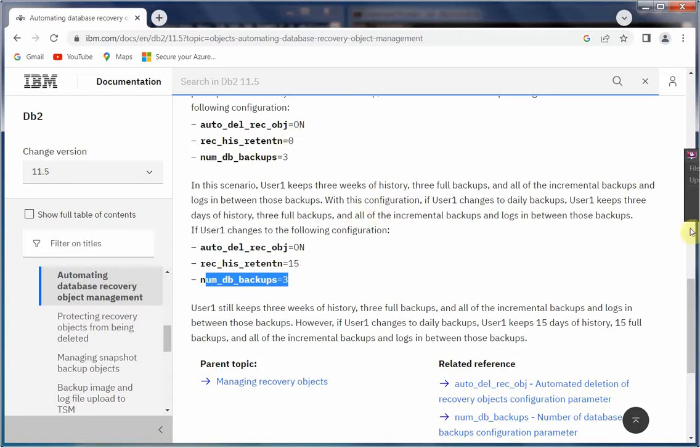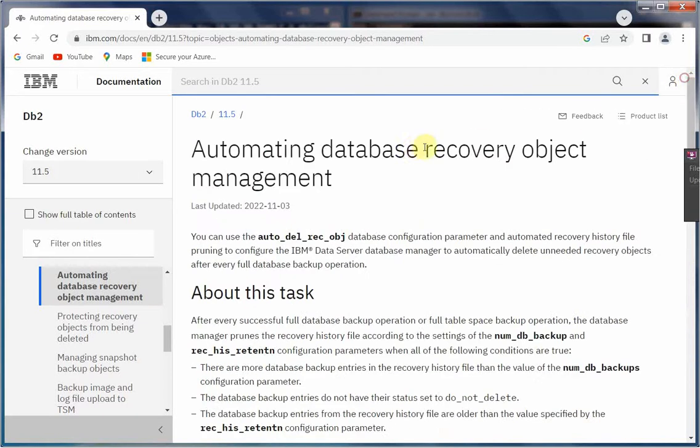So back to the topic of automating database recovery management. People have a choice. You either use IBM's method, or write your own script, or combine these two together to manage the database objects. Okay. Hopefully, this demo can provide a clear demonstration of how to use